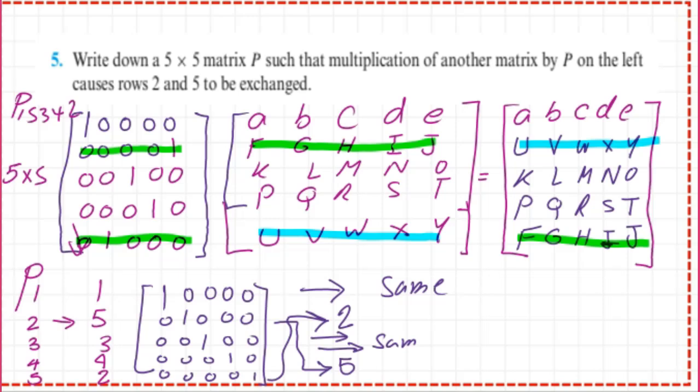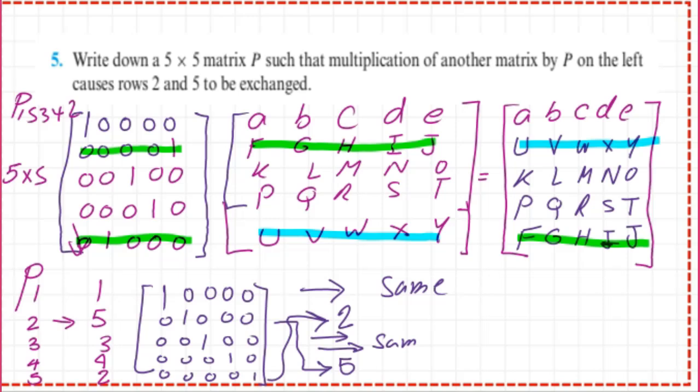Let us check multiplication of 0, 0, 0, 0, 1 by the first column. Okay? Multiplying this one will meet the U, so we have a U here, and it will meet the V, it is here. Multiplication by the third column, this one will be multiplied by W, so it is here. And multiplying the second row by the fourth column, the 1 will be multiplied by X, it will become here. And this one will be multiplied by Y, and it will become here.